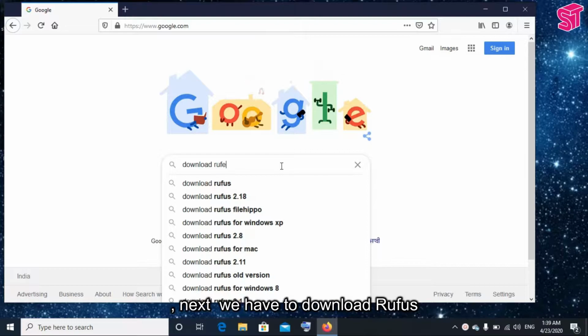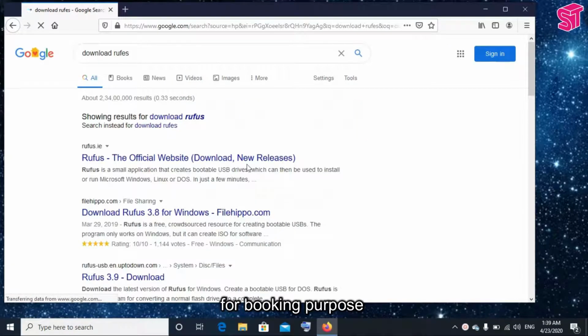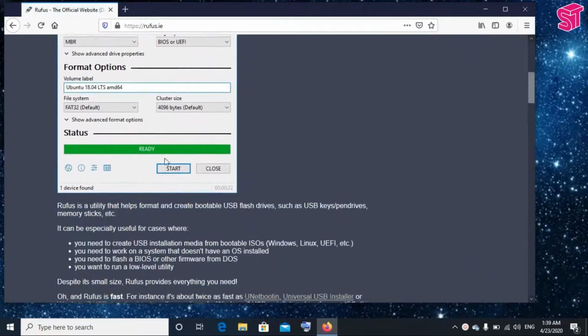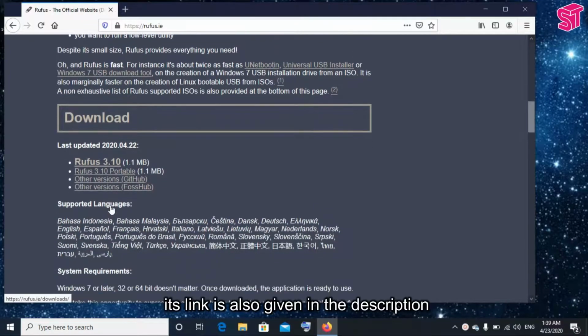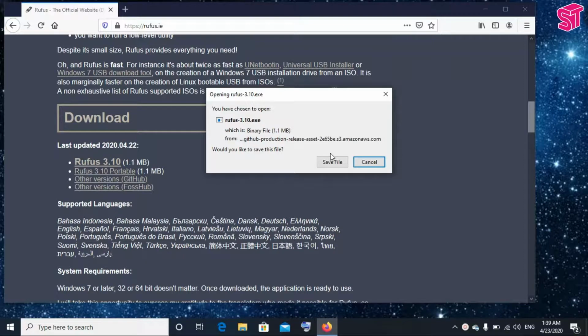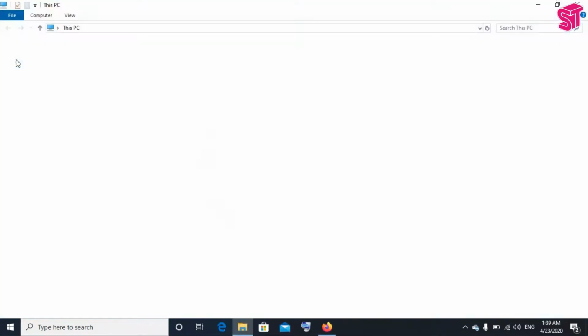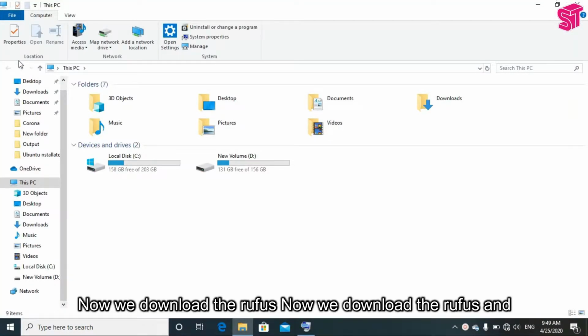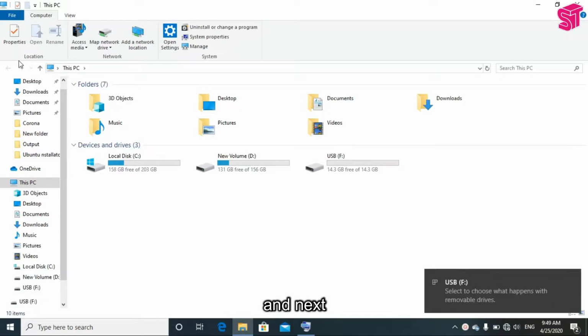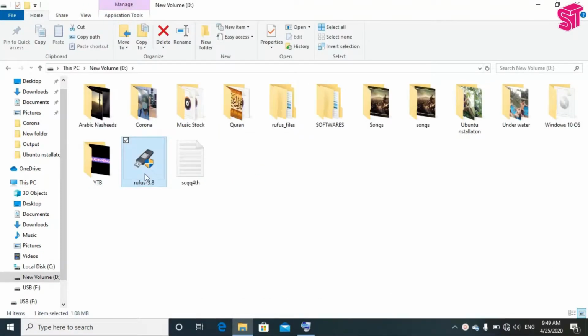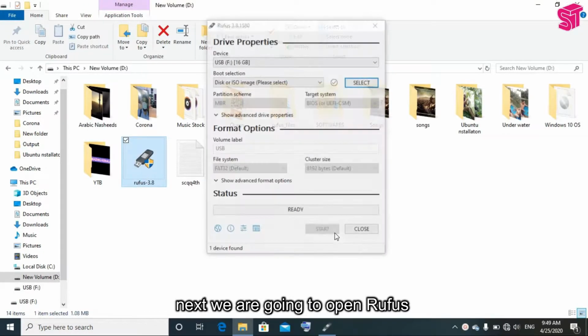Next you have to download Rufus for booting purposes. Its link is also given in the description. Now we downloaded Rufus, and next we inserted a 16 GB USB. Here we have to boot the OS. Next we are going to open Rufus